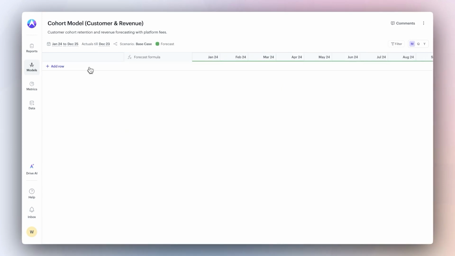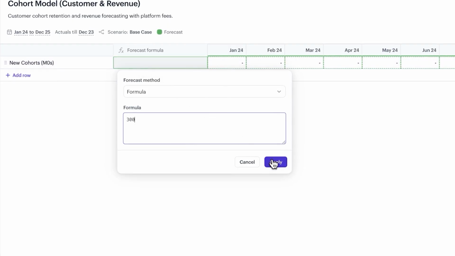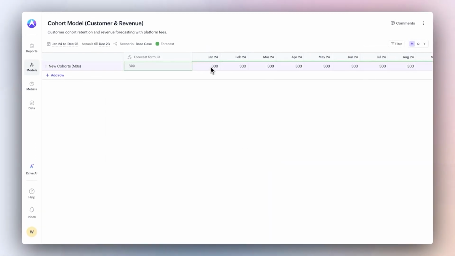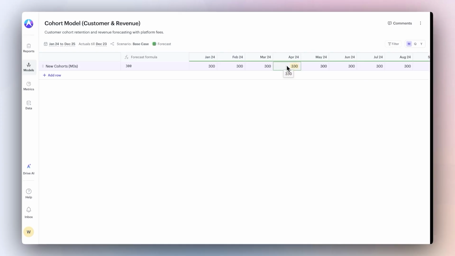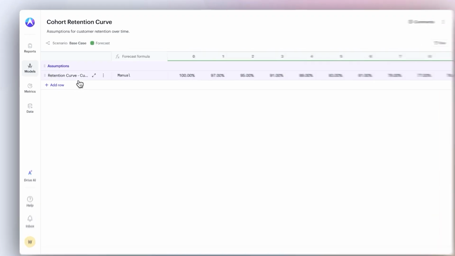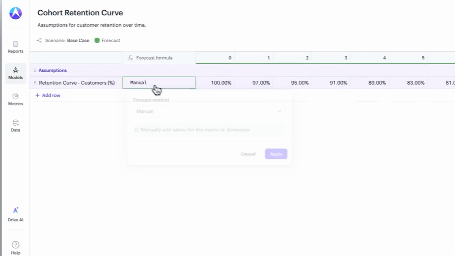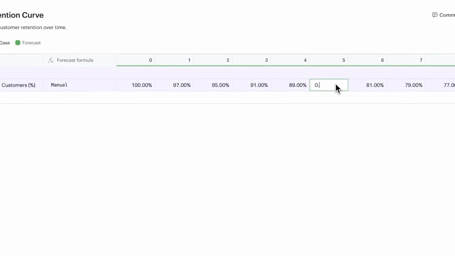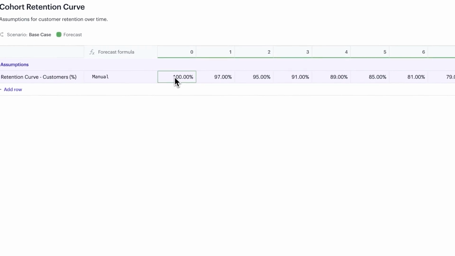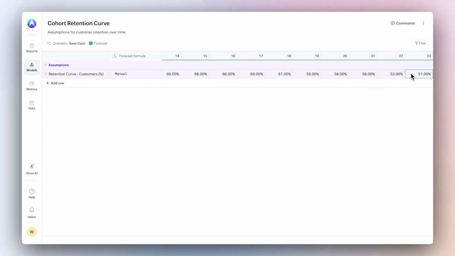A typical model starts with your new cohort line. For example, you might expect 300 new customers every month, though the actual number can vary. Say 300 in January and 330 in April. Next comes the customer retention curve, stored in a separate model called cohort retention curve. This describes what happens after month 0. We've already set these values up manually to reflect our assumptions, but you can double-click on any of them to adjust. The curve is expressed as a percentage, starting at 100% in M0 and gradually tapering down to around 50%